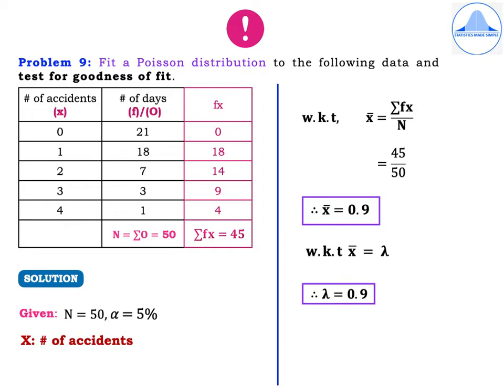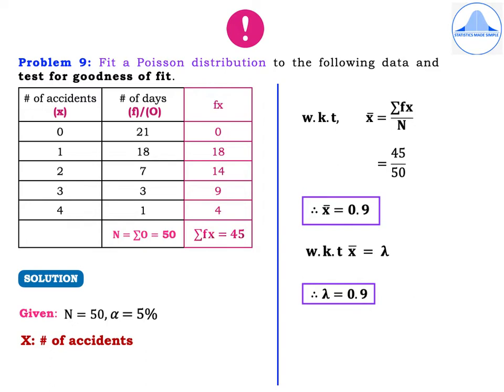Now the first step is to mark the number of accidents as X and number of days as the frequencies, which are also the observed frequencies O. Then calculate capital N, which is equal to summation O, which is equal to 50. Now to fit a Poisson distribution, first we need to find out what is the parameter of the Poisson distribution. So lambda is the parameter of the Poisson distribution and it is not given to us in the problem. So we first need to find out the mean of the given problem and equate it to the mean of